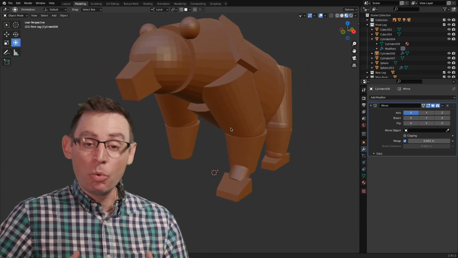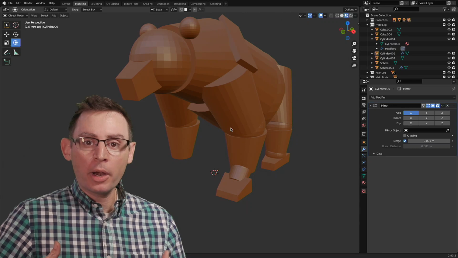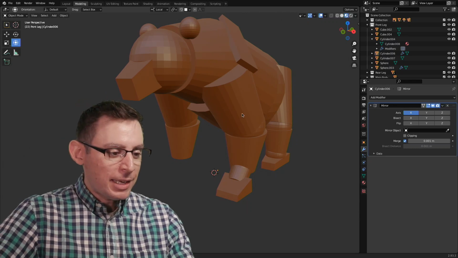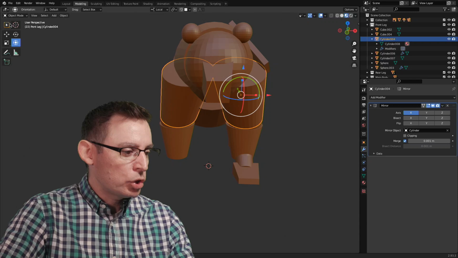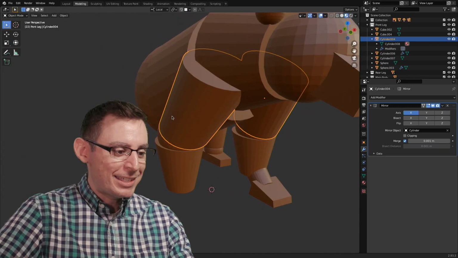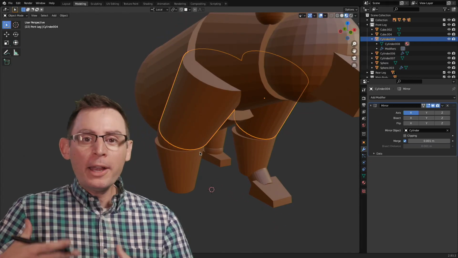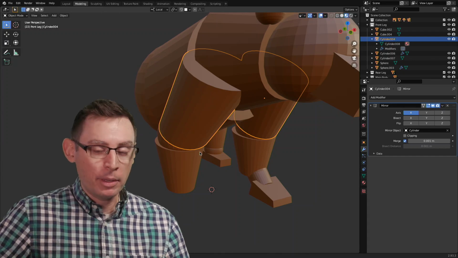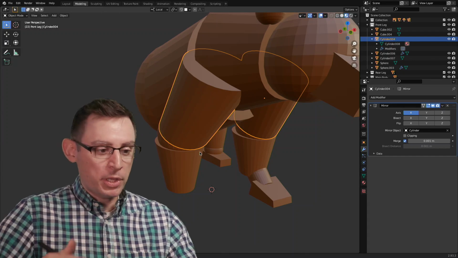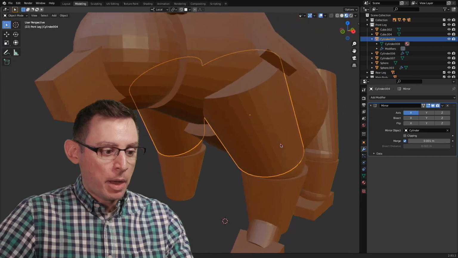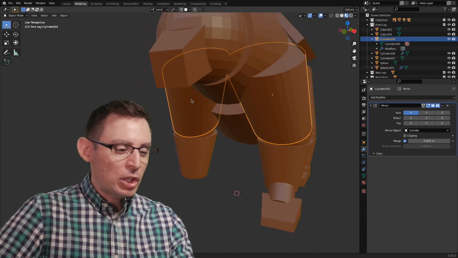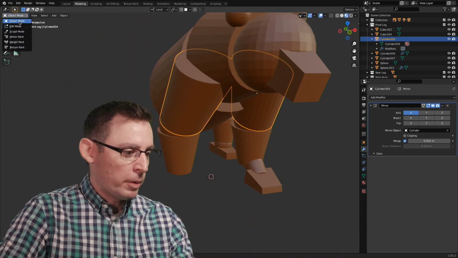Now, at the end of the day, when we're done working with this mirror modifier, well, what do we do with it? It doesn't actually create, at the moment, true geometry that we can use. This is an instance preview. So the final stage, once we're happy, and we're ready to go on to the sculpt stage, we need to apply the modifier, because there's not selectable geometry over here at the moment, right?